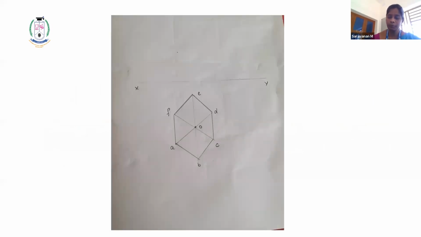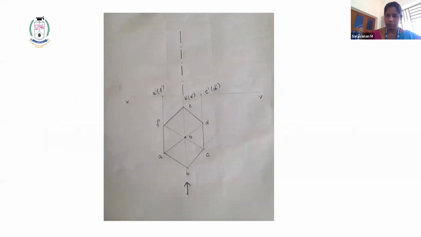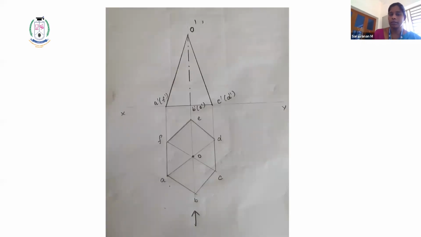Now, as usual, first draw the top view. Here it's a pyramid. First draw the shape of the base below XY, that's the top view. Project all the corners, give the names. Here it is a pyramid, so first you have to show the apex point. Connect all the corners towards the center and from that take the axis line. The axis height should be the height of the pyramid, 60 mm. For 60 mm draw the axis height, then join all the corners.